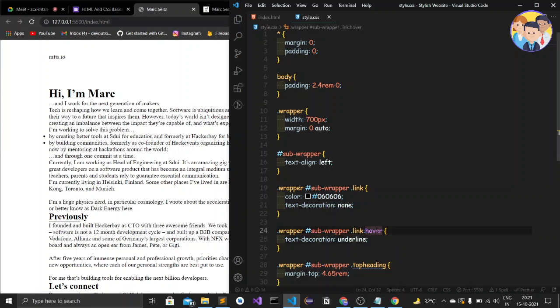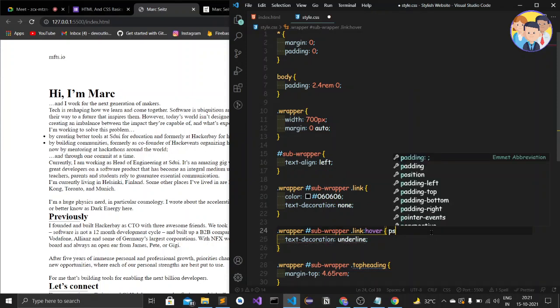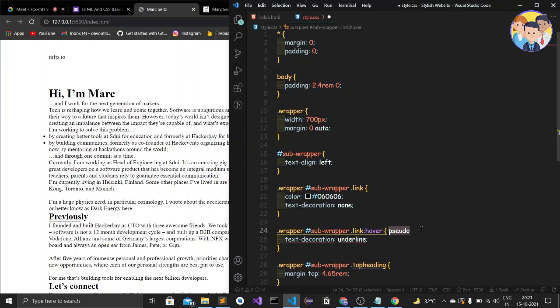Okay, not attribute, this is a pseudo selector. Okay, pseudo is the name, so this is a pseudo selector which is used after this colon symbol. Okay, so these are additional CSS topics, not basic topics, so that's why I didn't teach you. Okay, and by creating projects we can just learn.